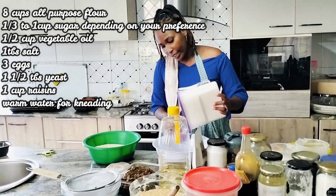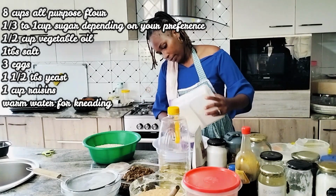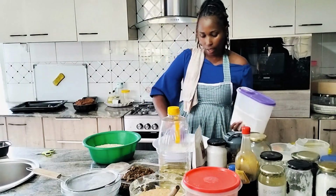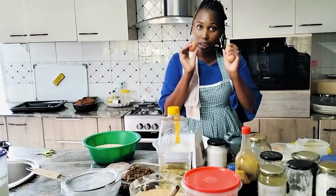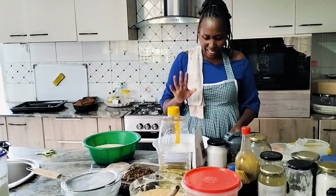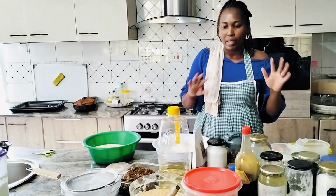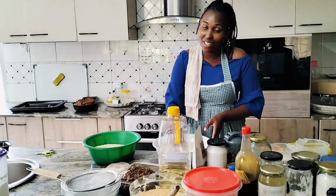So here I need 8 cups of flour. I'm supposed to use 4 eggs, but I'm going to use 3 eggs because I don't like a very eggy bread. You know that taste, overwhelming taste of eggs. I don't like it. And I have not sieved my flour today because